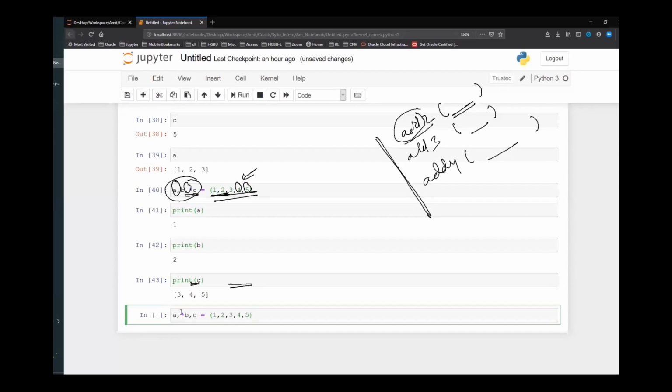The first value A will be 1, C will be the last, and the rest will be with B. But if you have such kind of questions, please run them through your Python IDE. Take a simple example, run through the code. You will be able to figure out why this is coming.